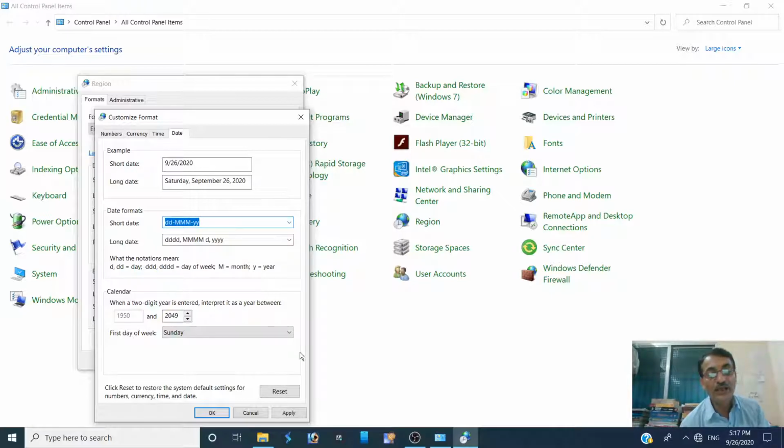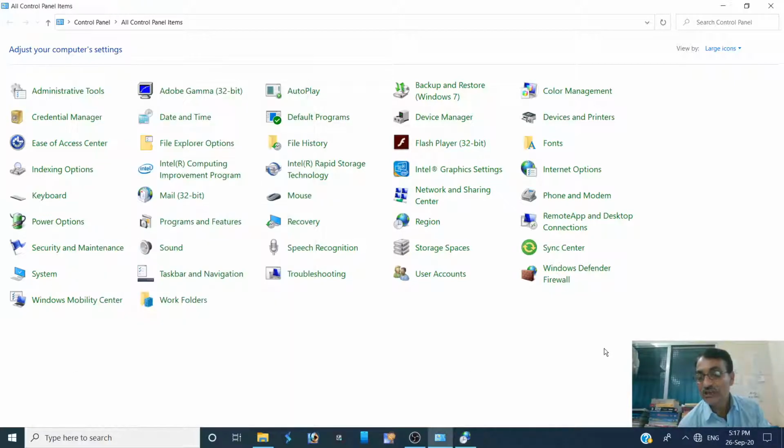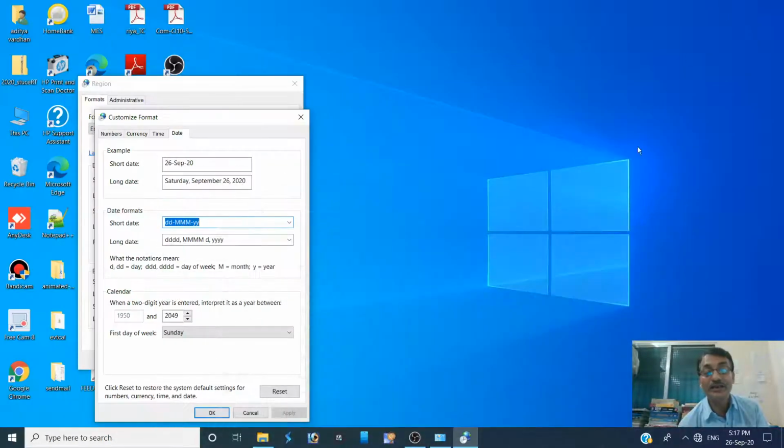DD-MMM-YY. Okay, after applying this you will see the setting of the date has been changed, now 26 September 20. So this setting has been applied, but I don't like to set the date in this format. I am going to set the date in DD, MM and YYYY format.